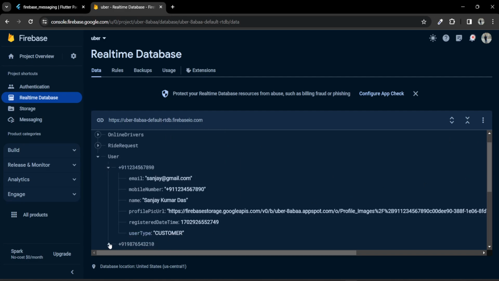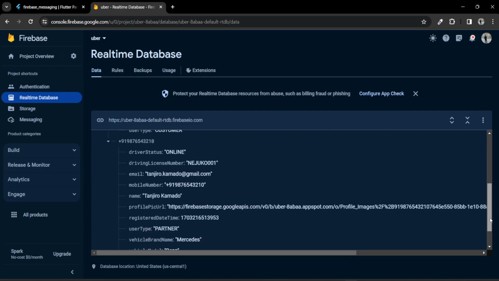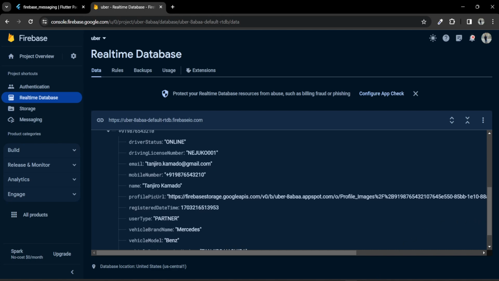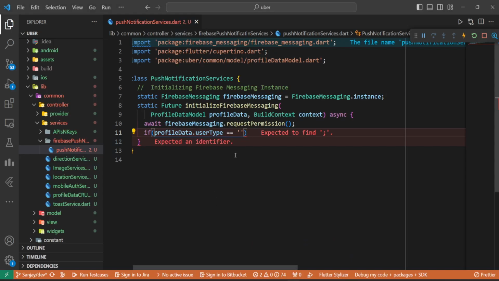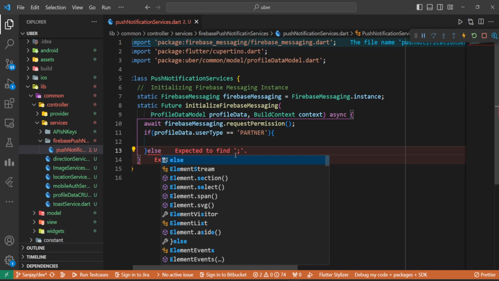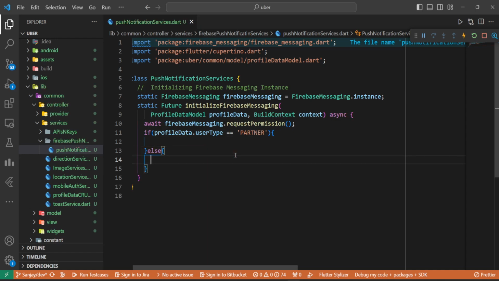It's customer, and another type of user, it's partner. So here it's going to be partner. Then we will go and initialize background and foreground messaging for partner. Else we will initialize background and foreground messaging for, what do you say,